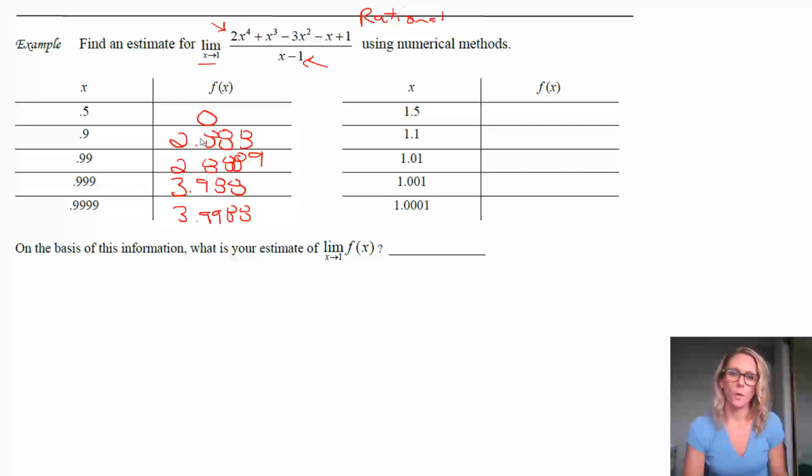Okay, and then we have this. All right, so we see, maybe not quite as quickly, but as we are getting close to 1 in the x direction, we are getting close to something in the y direction. You can probably see what that is. And then we'll do the same on the other side. Here we get a value that's way out there. Here's the other ones.